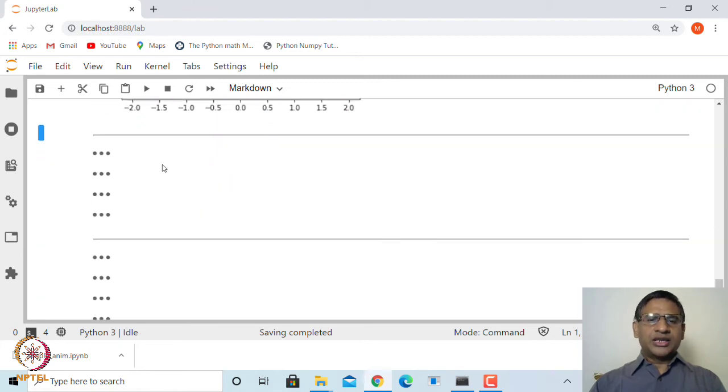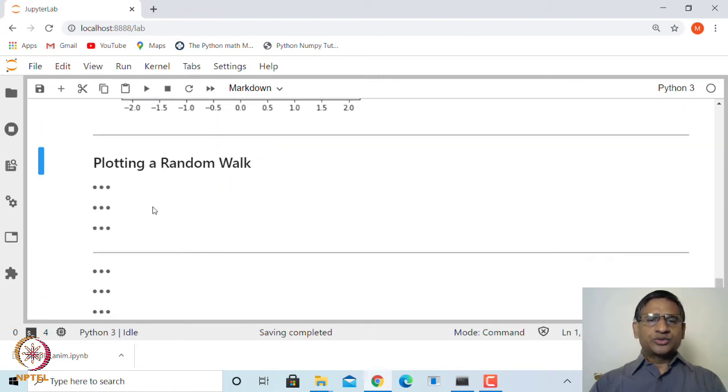Okay. Next, suppose we want to plot a random walk. In this case, we start from 0, 0 and take a random walk of unit length. The random walk would be in any direction, and then we generate the next point.